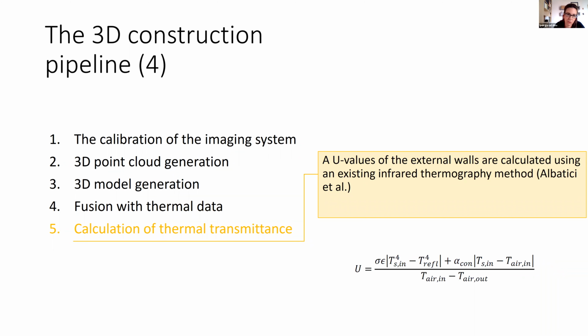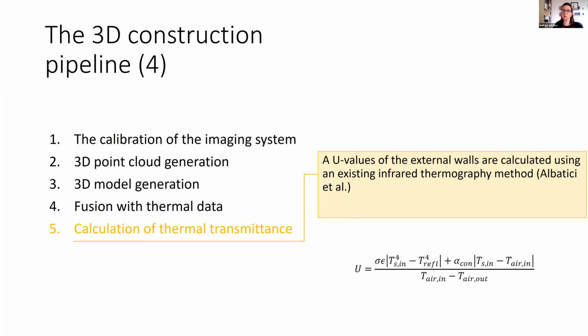We also calculate thermal transmittance, which is a very important feature of building energy models, because based on this U value, we can calculate the heat transmitted through these surfaces between two different environments. Here we use an existing infrared thermography method.